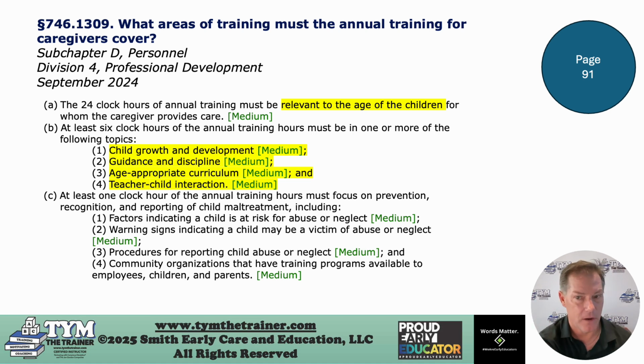I shifted the focus with this year's training. Instead of focusing on recognizing and preventing child abuse and neglect at home, I put the focus on the classroom, because right now, children are more likely to be abused in our very own classrooms than they are at home.